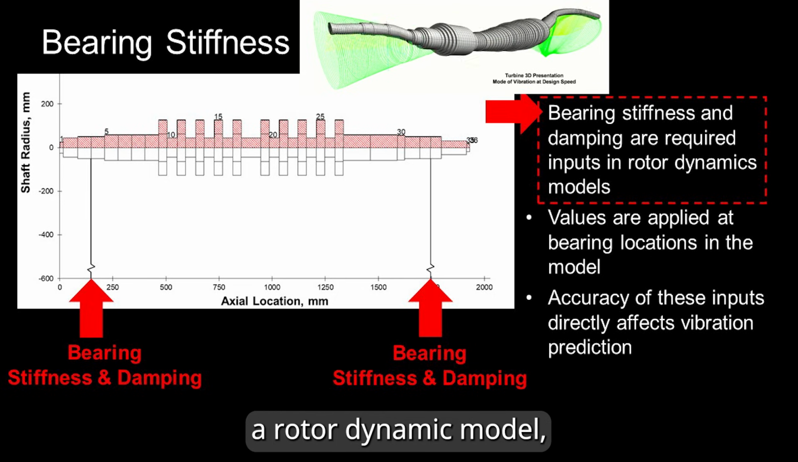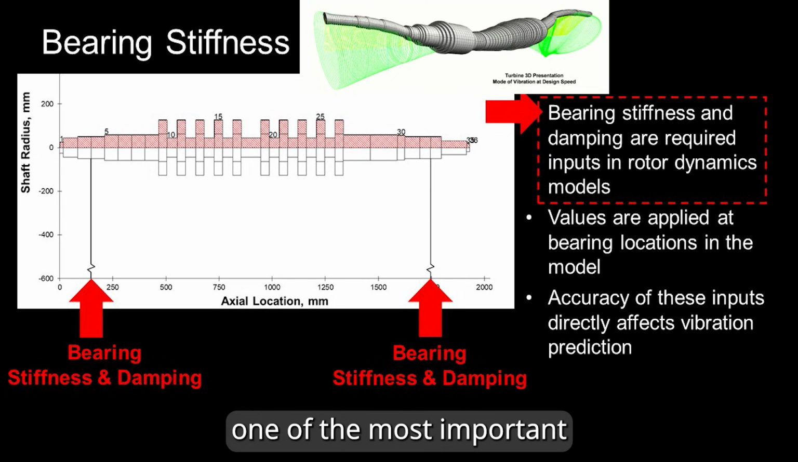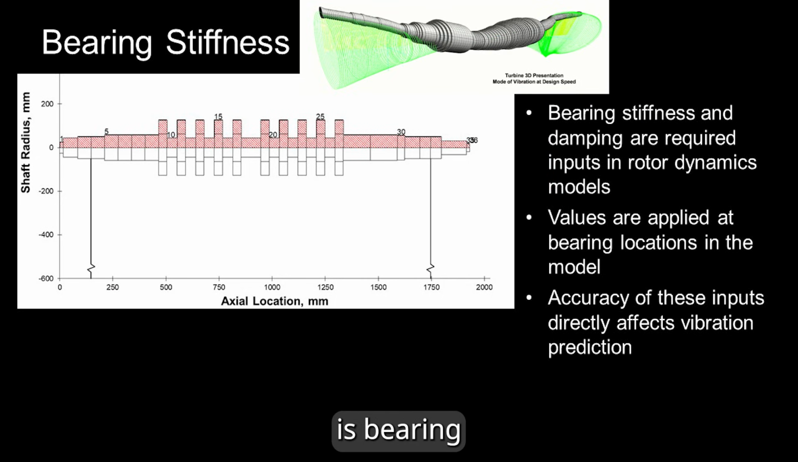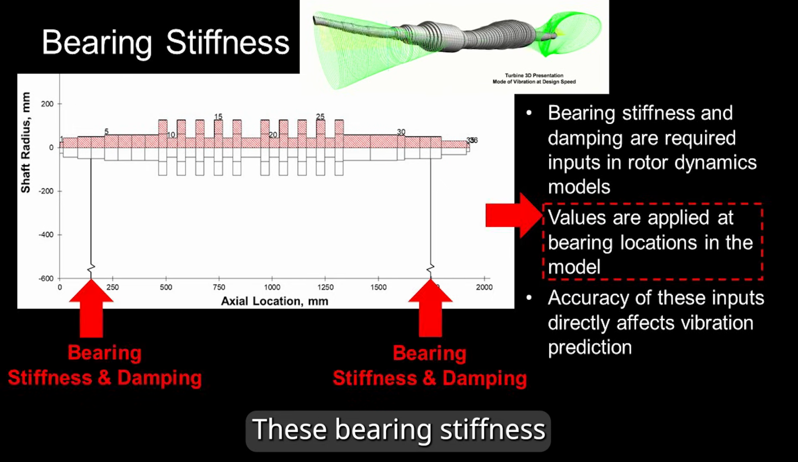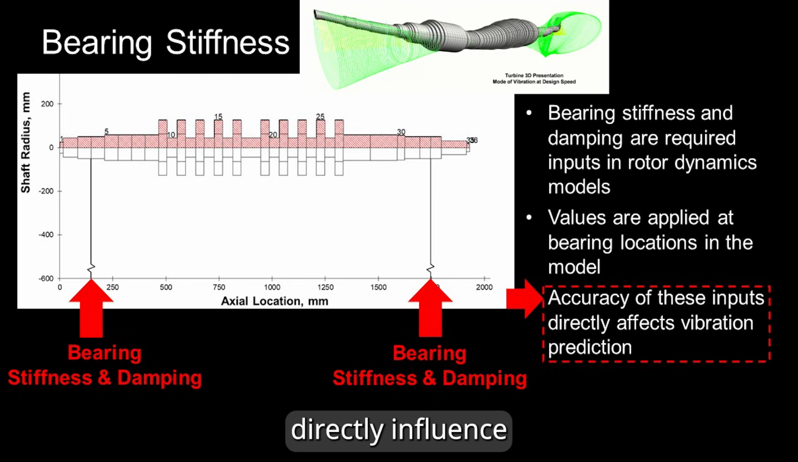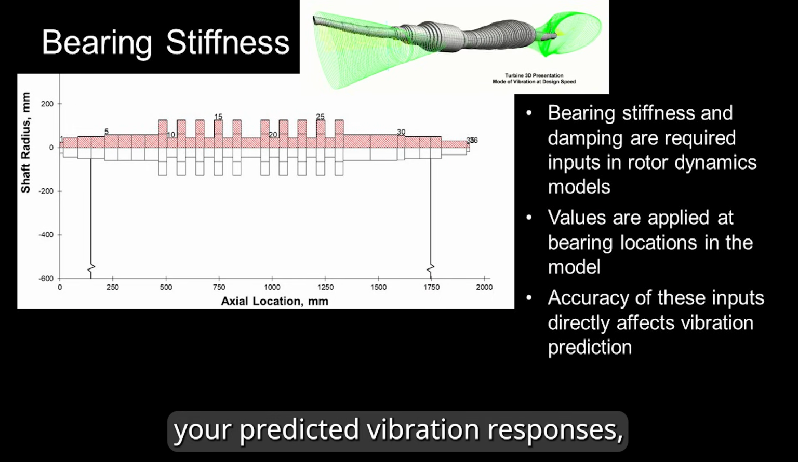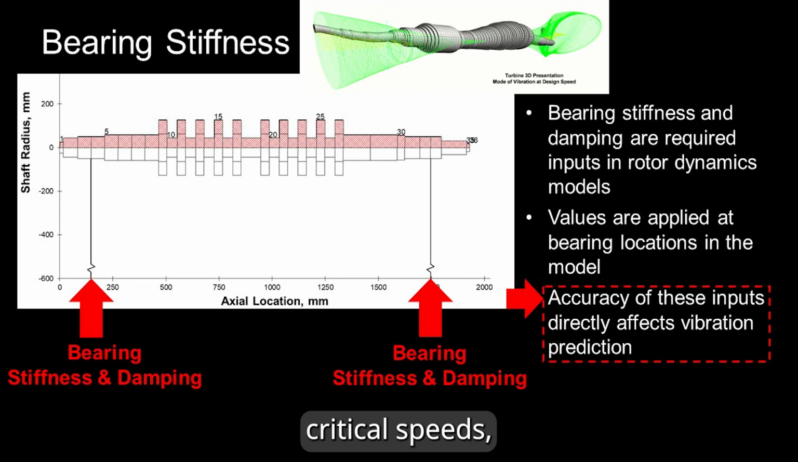Today we'll discuss journal bearing stiffness and how it affects machine dynamic responses. When you're building a rotor dynamic model, one of the most important inputs you need is bearing stiffness and damping at the bearing locations. These bearing stiffness and damping coefficients directly influence your predicted vibration responses, critical speeds, and overall